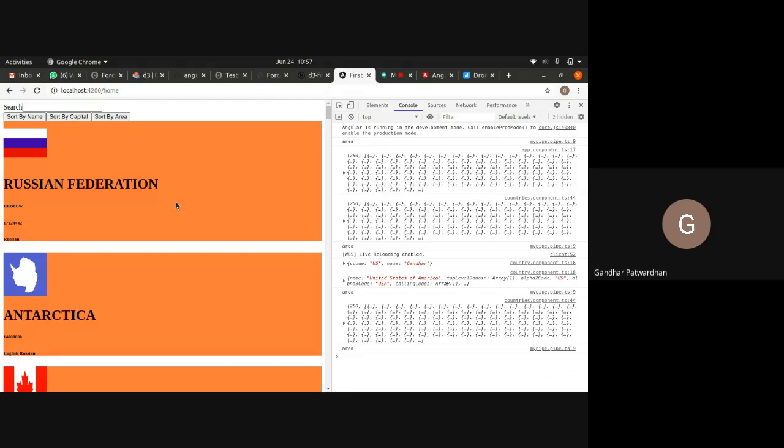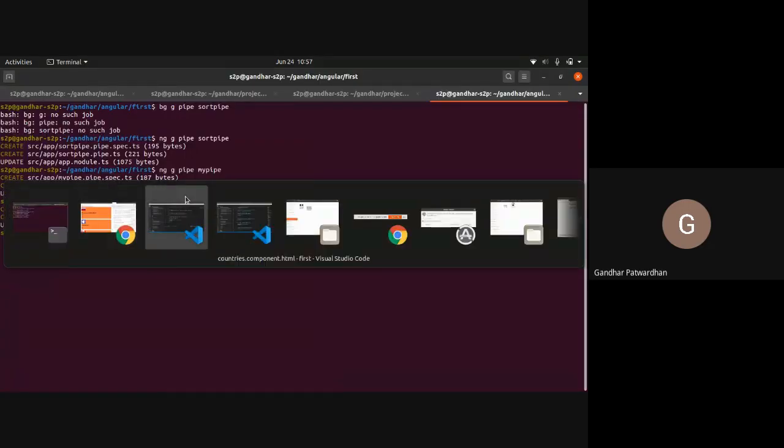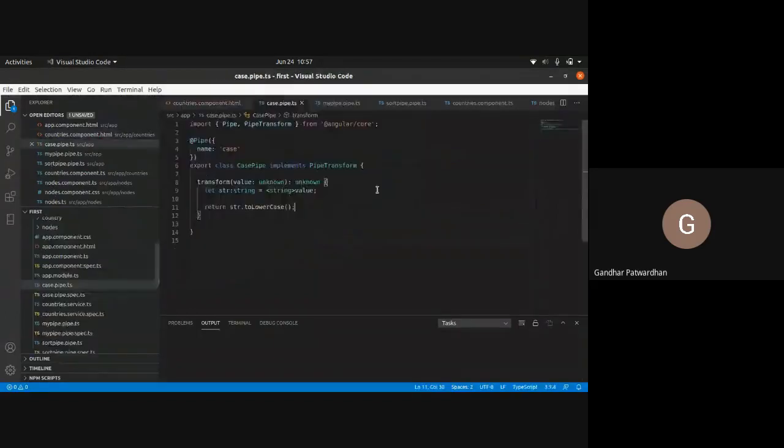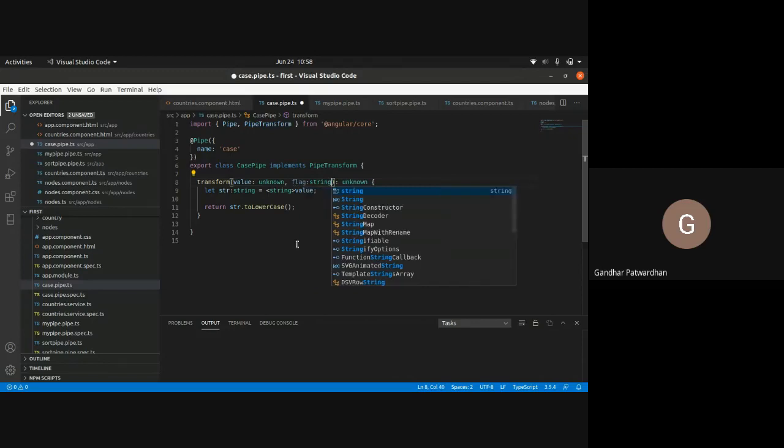Now let us say that we have to specify in what case it should print. To do that, in my pipe I would have another parameter, and I'll call it flag, which is of the type string.